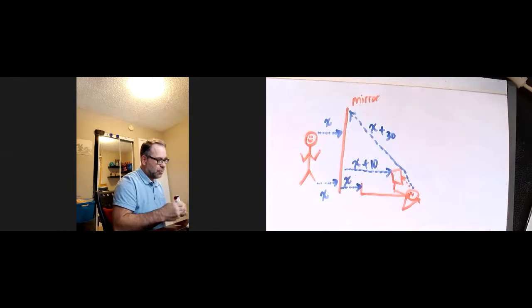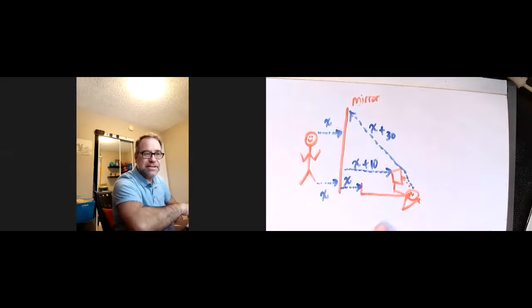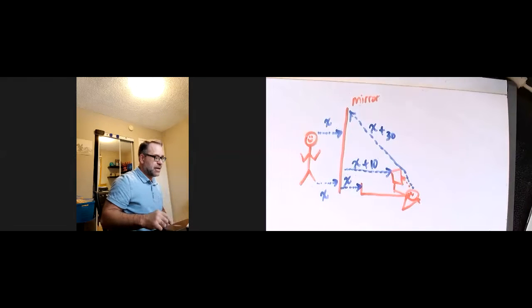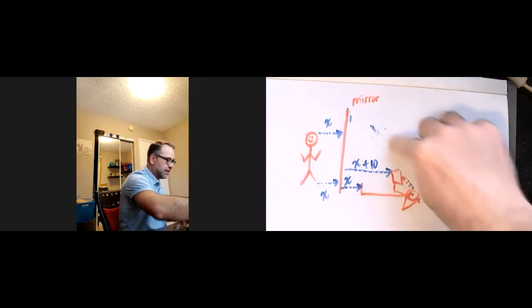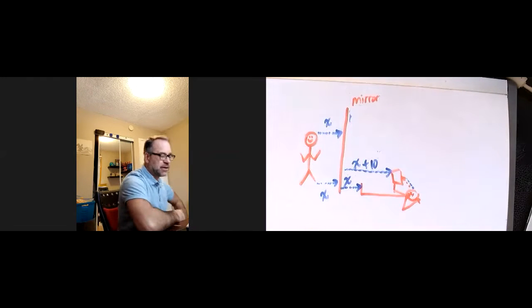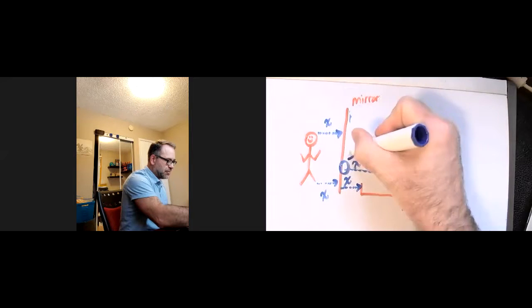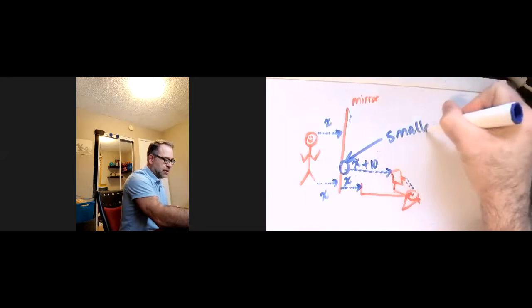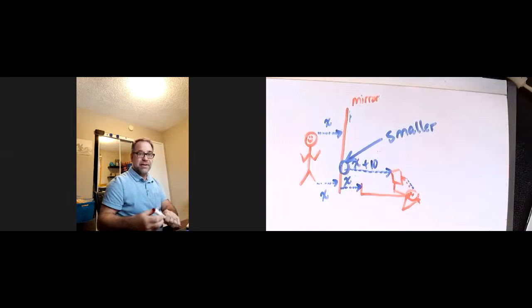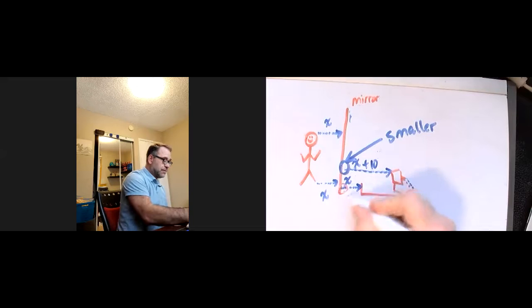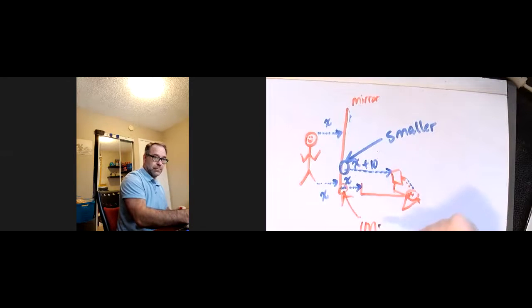this guy's doing his homework for Mrs. Ferreira, the image on this side is clearly going to be different than the image on that side. I should have probably drawn this a little bit differently, but just think about it this way for now to keep things a little bit simpler. So this distance is longer than this distance, which means the image in this part of the mirror is going to appear smaller. But the image over here, that image is going to appear